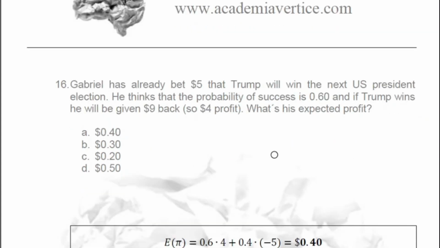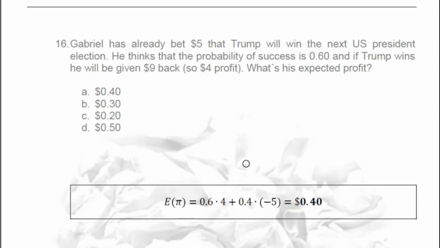So Gabriel will win 4 with a probability of 0.6 and will lose the $5 he bet with a probability of 0.4. So his expected profit is 0.4. Okay, a very easy question. It's A,